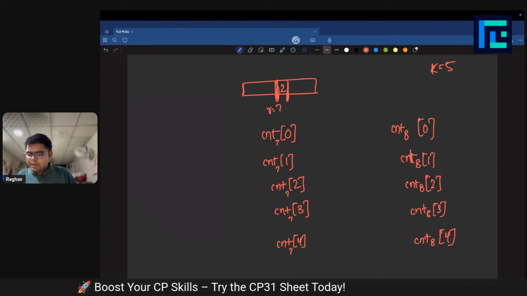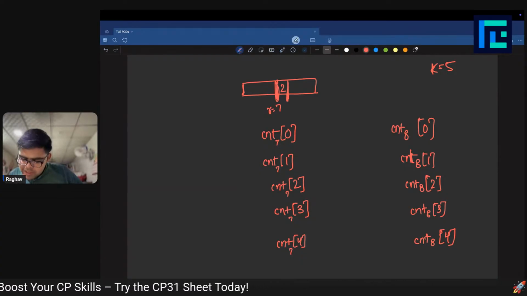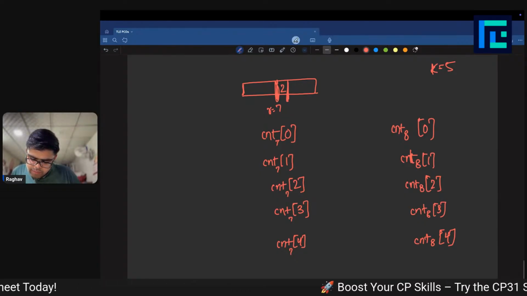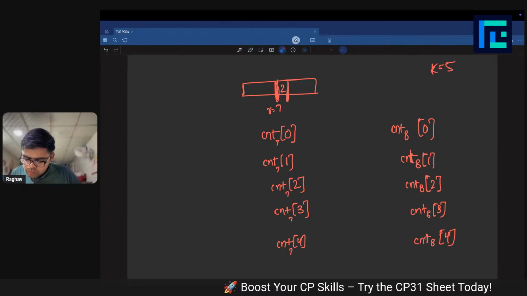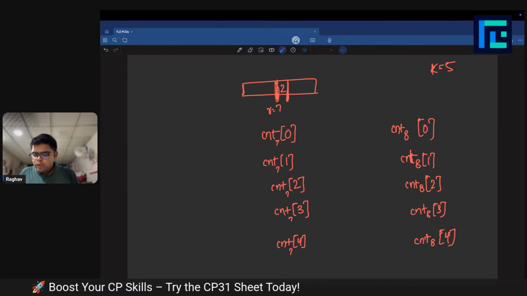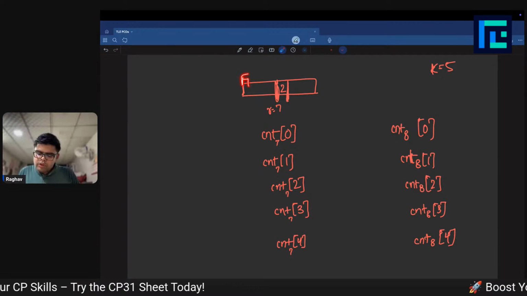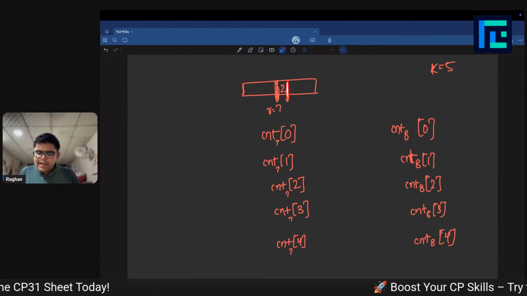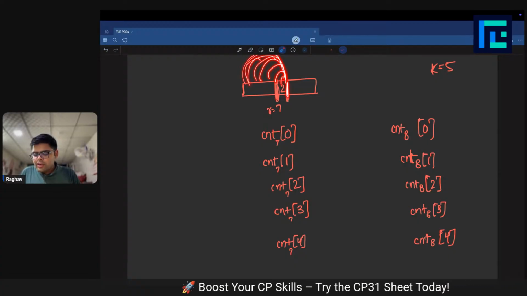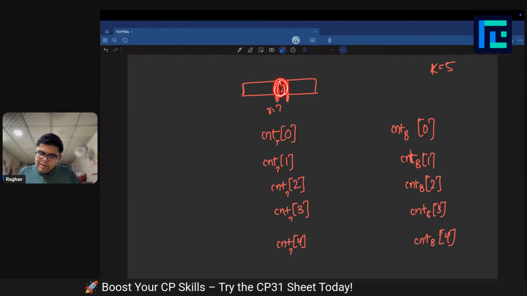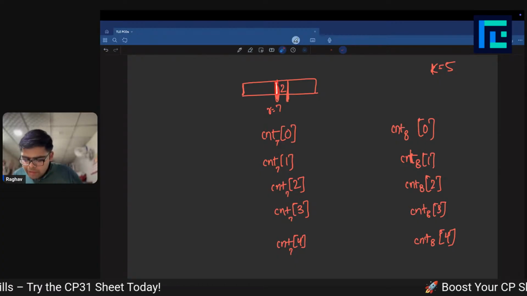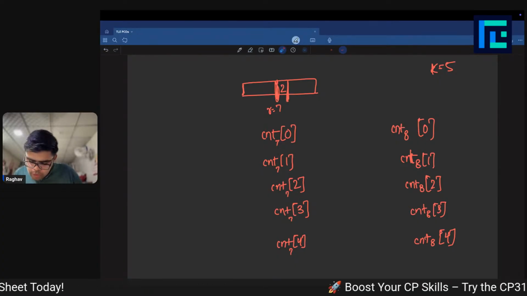So in simple words, what I want to say is, you don't have to find out the count of all the subarrays ending at this position by checking like this. Instead, you can just say that, hey, the value of the current element is 2. So if there were like 5 subarrays with product x,